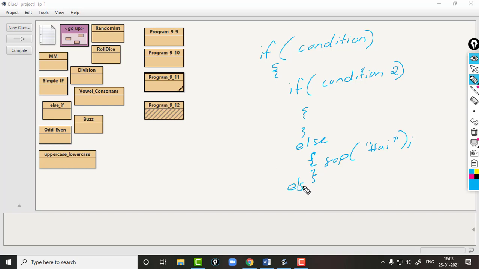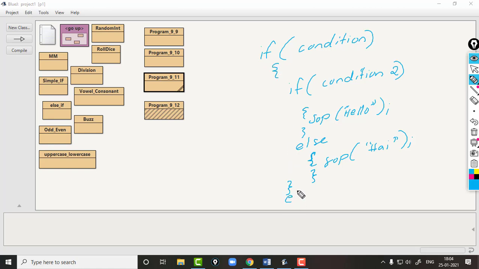Then else part. We opened the brace, and here we can add one more, SOP hello. See, the brace of this if we are going to close here.